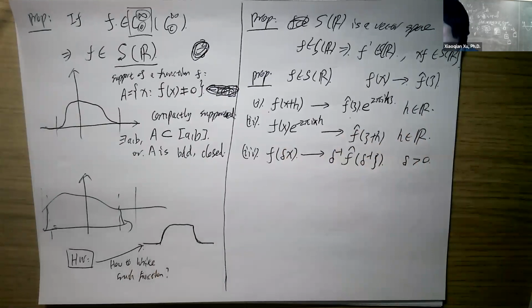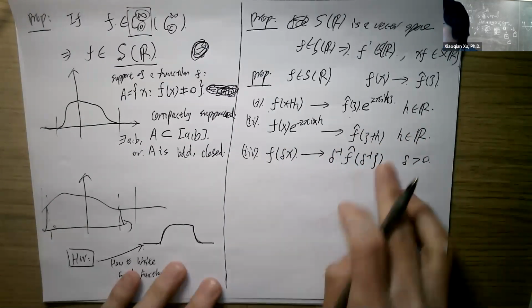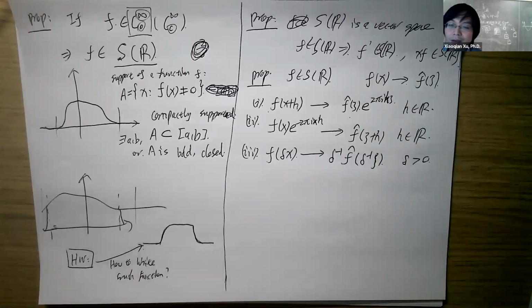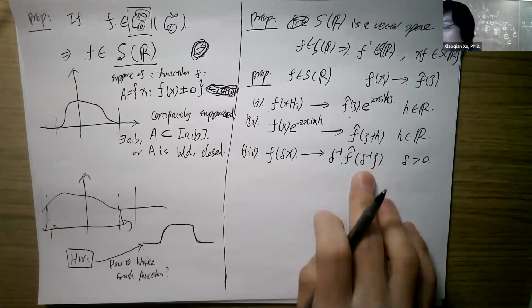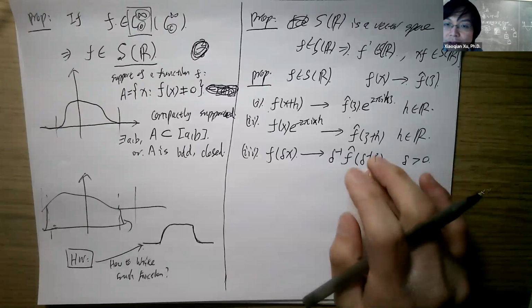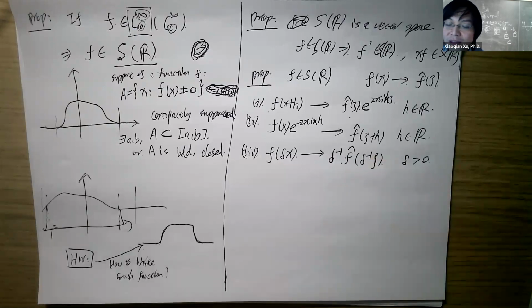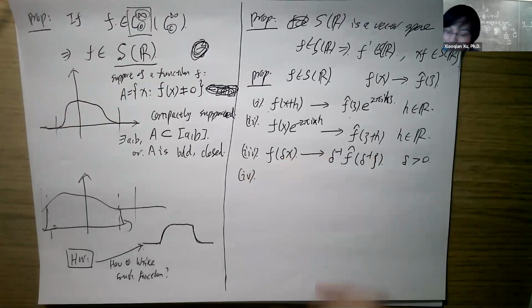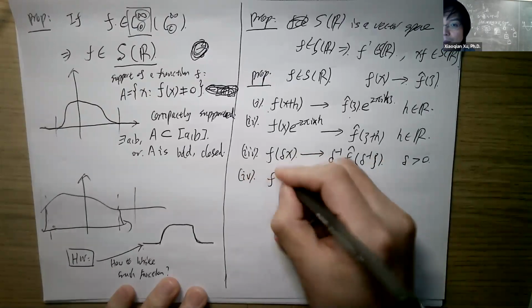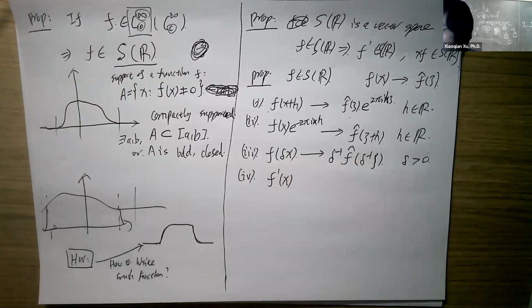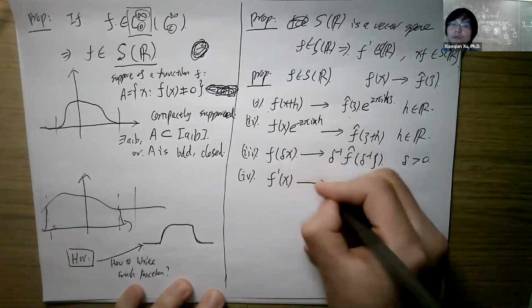Okay, so it's some kind of similar thing, but here you have delta, here you have delta inverse. Okay, dilation corresponding to the phase space dilation corresponding to the frequency space dilation. And the fourth one, which is the most important one: if you take the derivative of your function, the corresponding Fourier